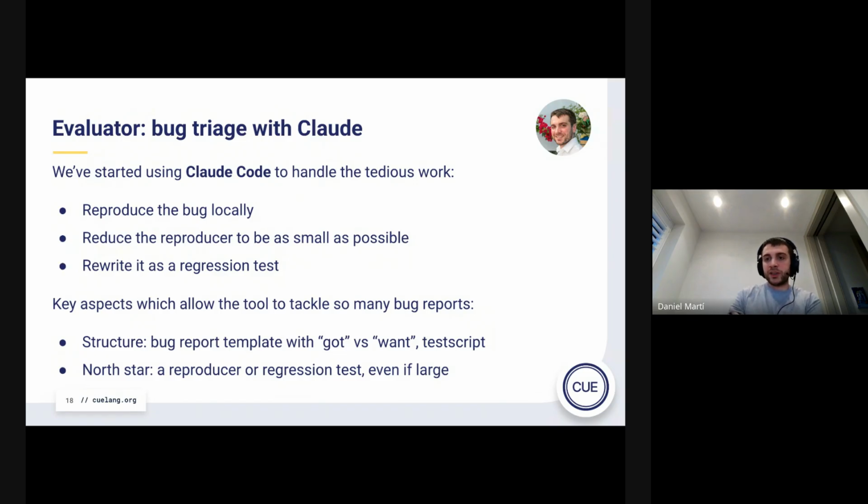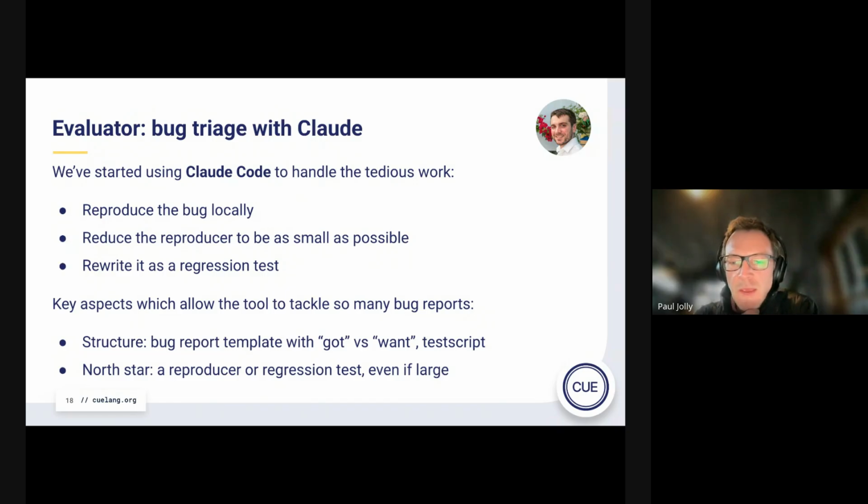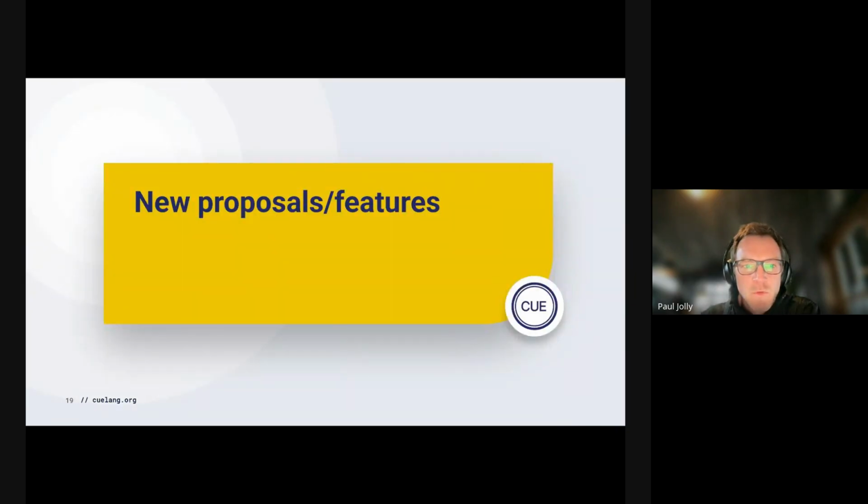And I'll also briefly mention that I believe Paul is working on a blog post to expand on this a little bit. Yeah, I think we've got a blog post in the making for the benefits that we're seeing from adding tools like AI to the workflow, whether it be in the open source project or elsewhere. So look forward to sharing a bit more details on that, but thanks for the update on that, Daniel. Roger, I think you're going to talk us through some new proposals and features.